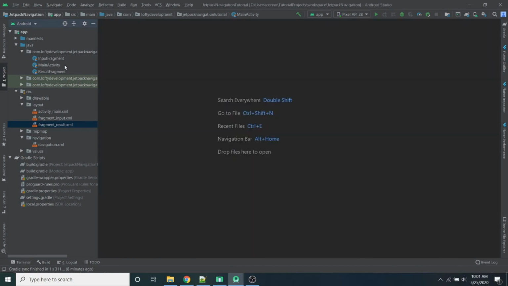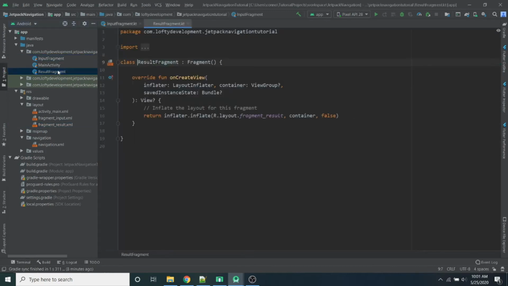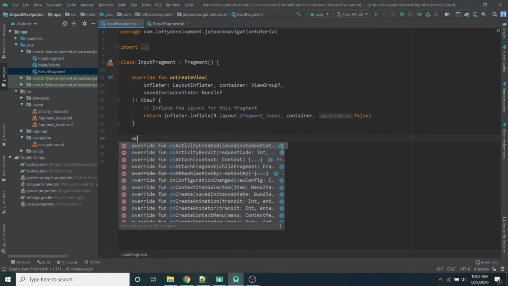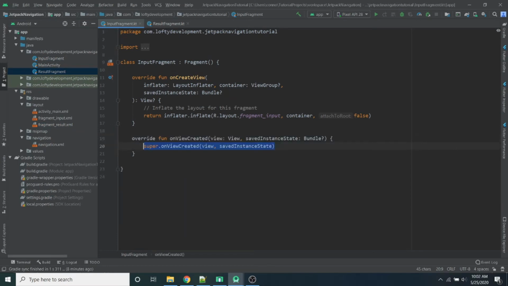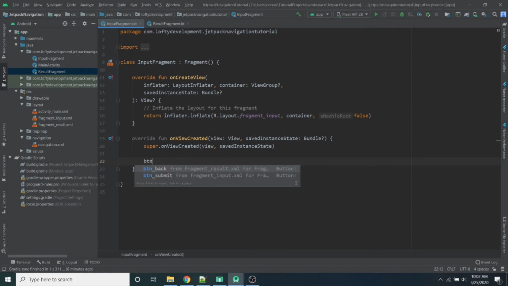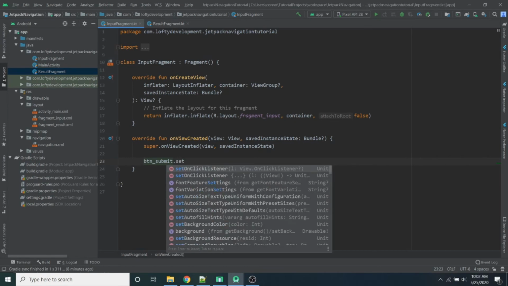And so now that we have that, we actually want to make this work. So we want to go into our two fragments, so the input fragment and the result fragment. And what we want to do is add an onViewCreated, just like that. I'll keep the super. And then I'm going to use Kotlin synthetic views just to make this quick and simple. So button submit is what I named the XML button on my input fragment. So we're just going to set an on-click listener on that,